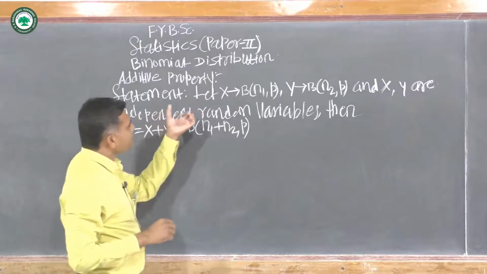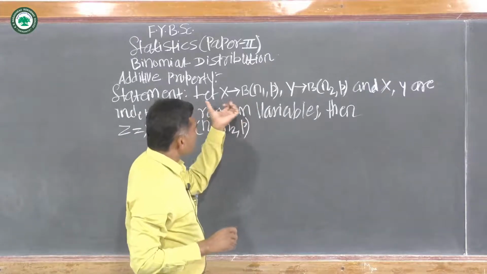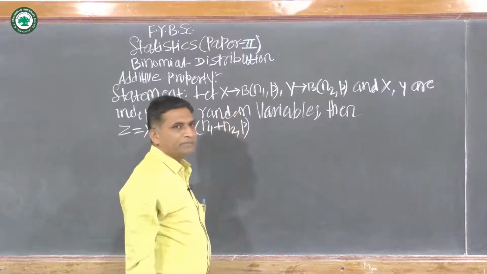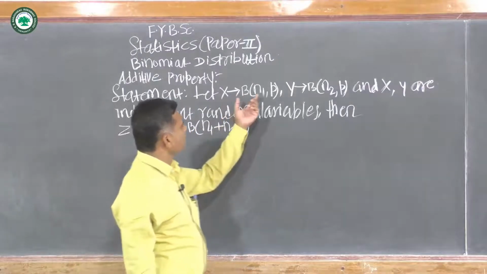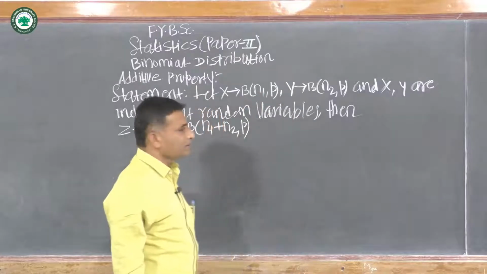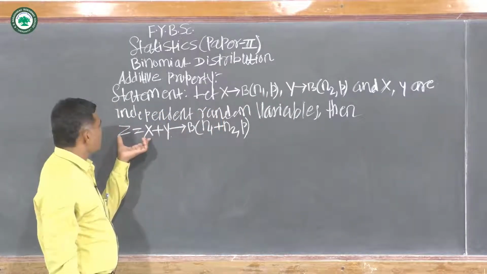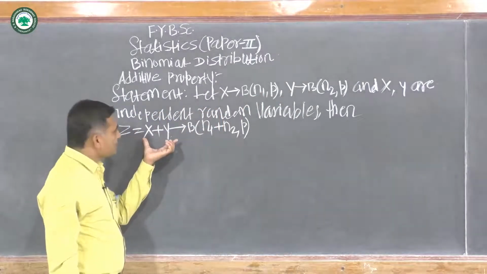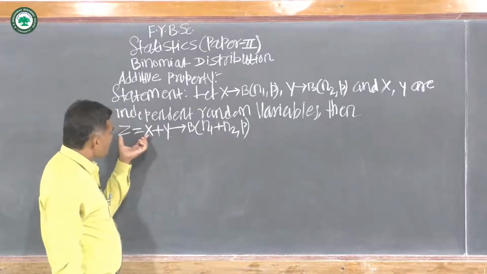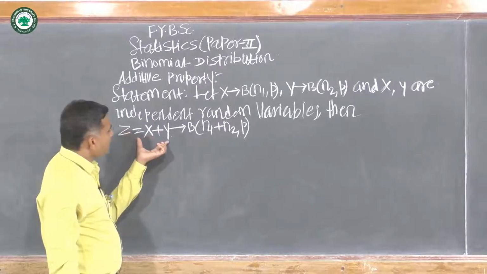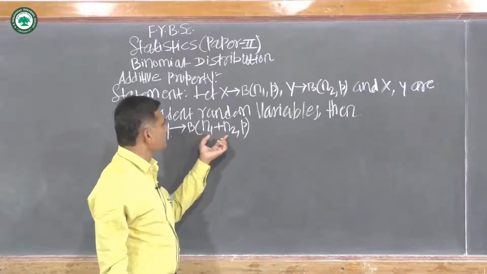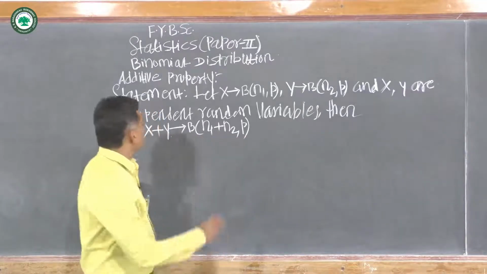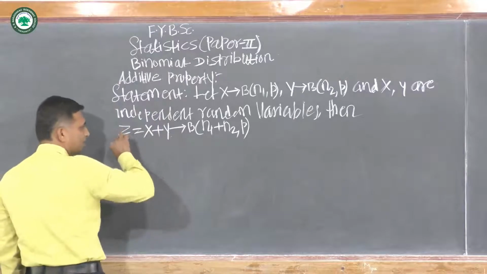In this statement, we are given two independent binomial random variables with parameters n1, p and n2, p. Then what is the distribution of X plus Y? Again, the distribution of X plus Y is binomial with parameters n1 plus n2 and p. Now the proof of this property is